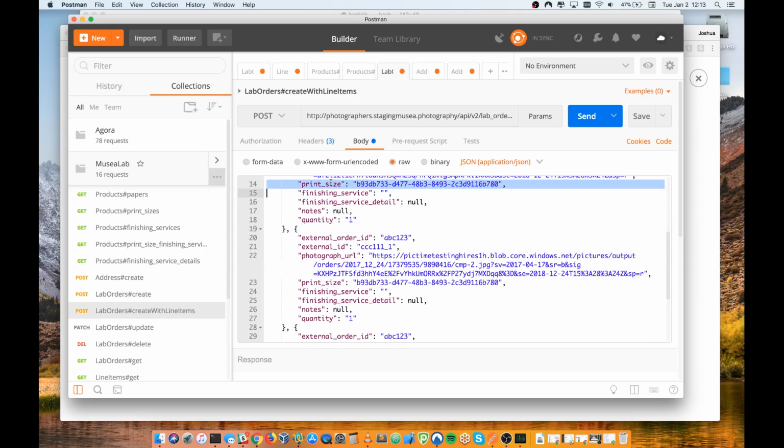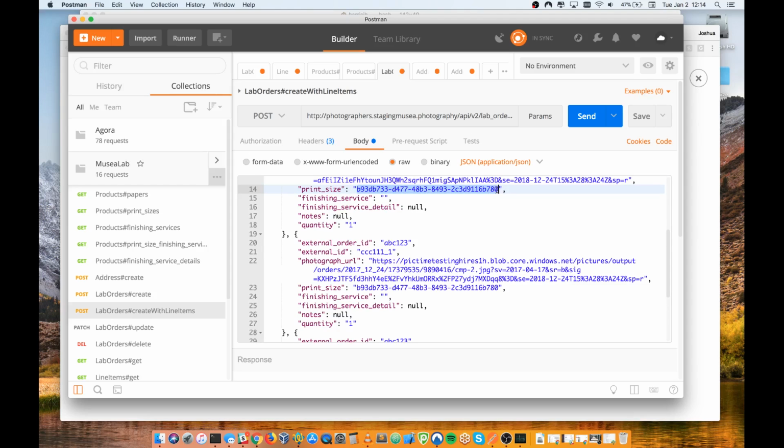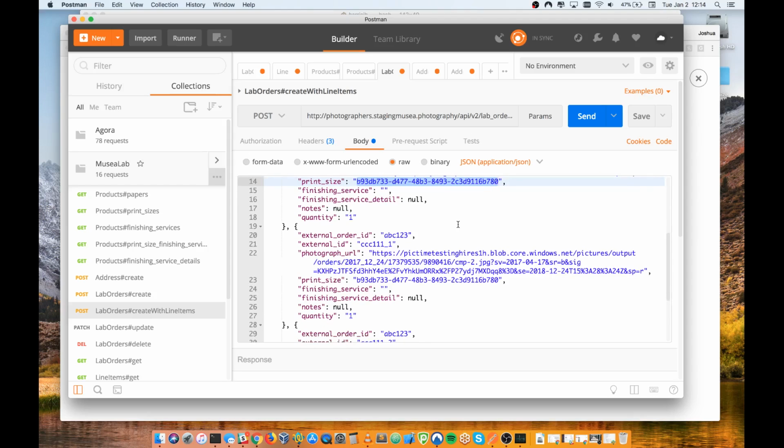The next field is this print size. This is going to be required. Everybody will be ordering at least a print. So in this case, we're going to be ordering 5x7s. That's the unique identifier that we pulled from the product video. If you have questions about how to get that, the previous video on the Musea Lab Product API will give